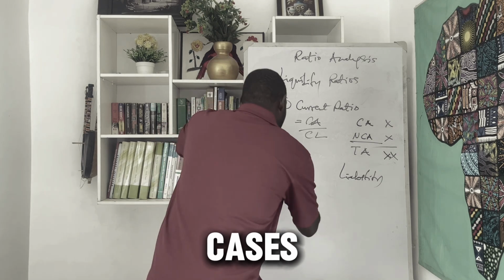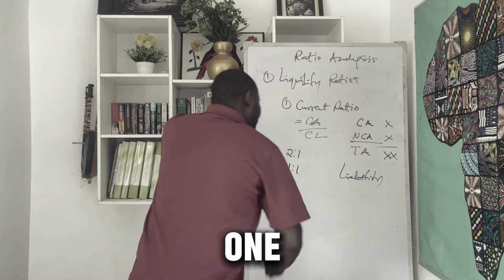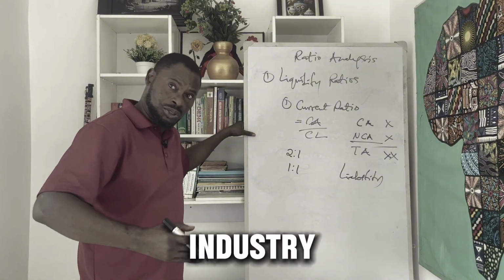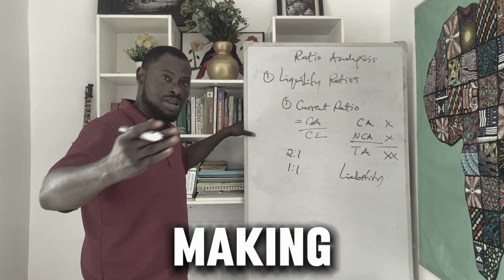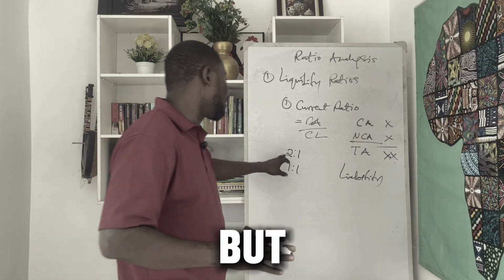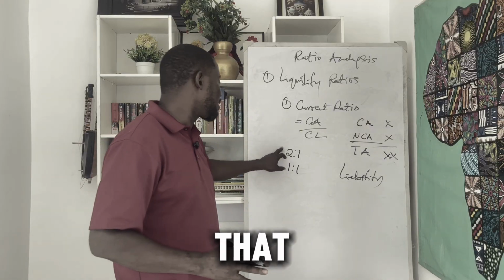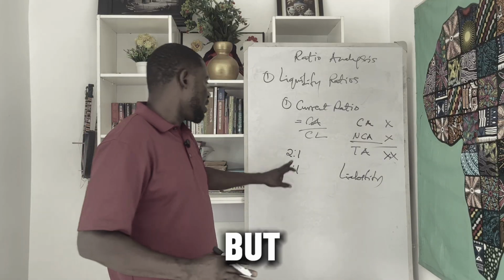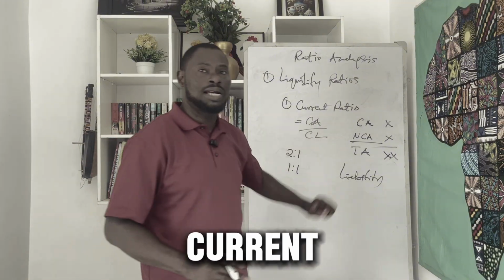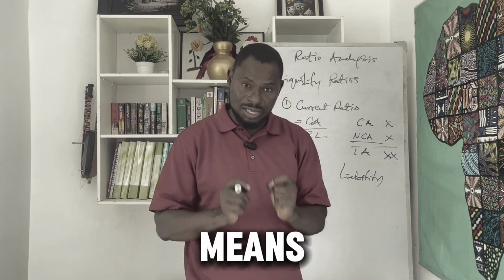In some cases, if you have 1:1, it may also be acceptable, but it depends on the industry and it depends on you making the decision. So there's no straitjacket rule that says it must be this, but it is generally agreed that this is the ideal. But if it is 1:1, but where you have more current liabilities than current assets, then that is a red flag. It means that company is